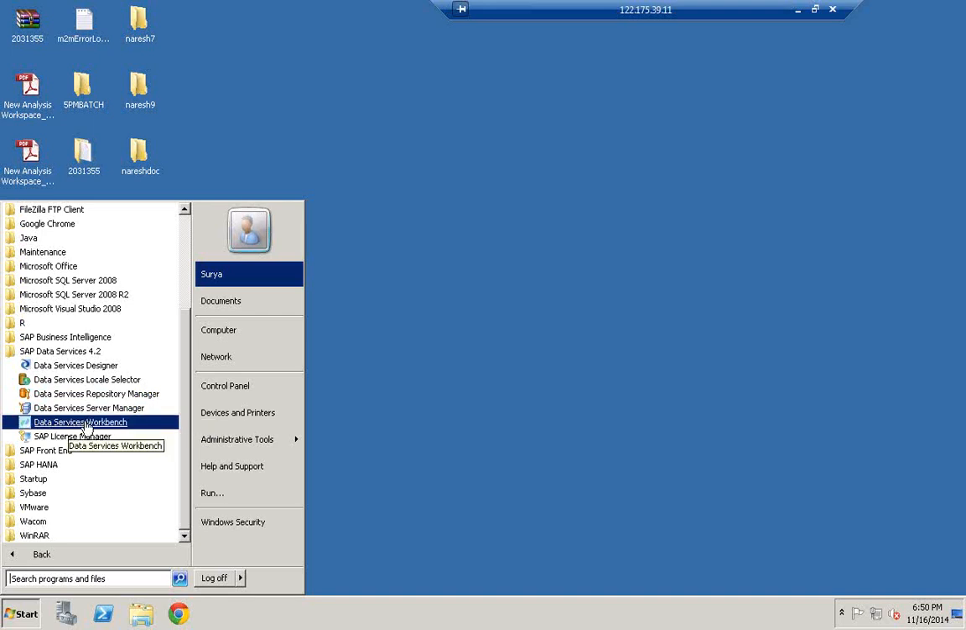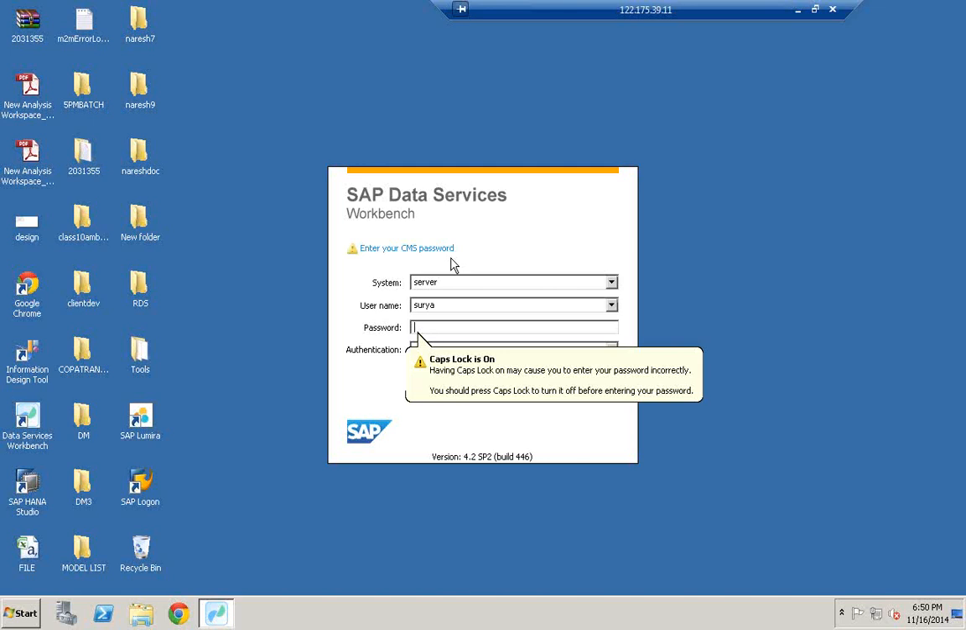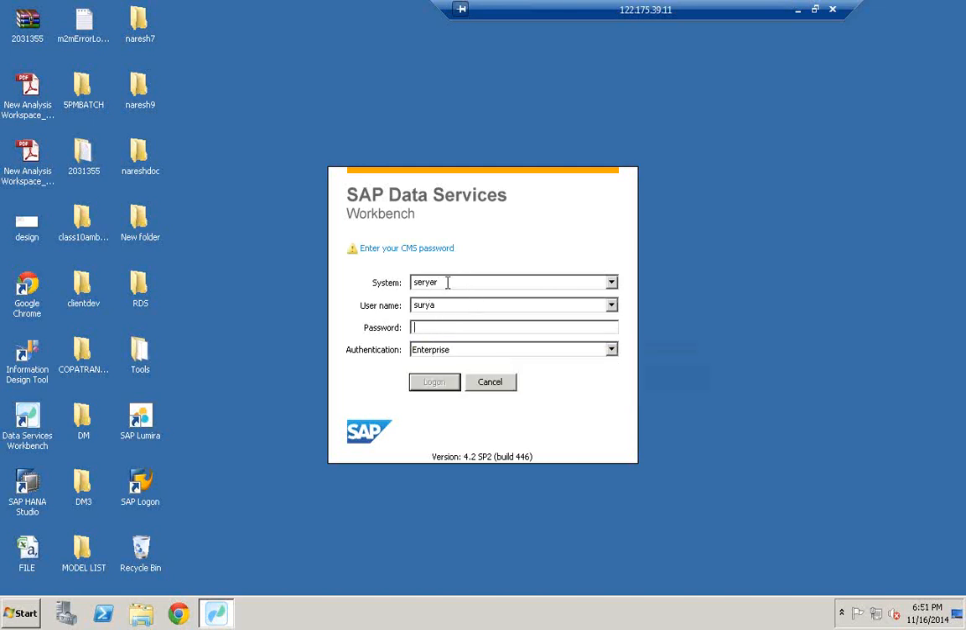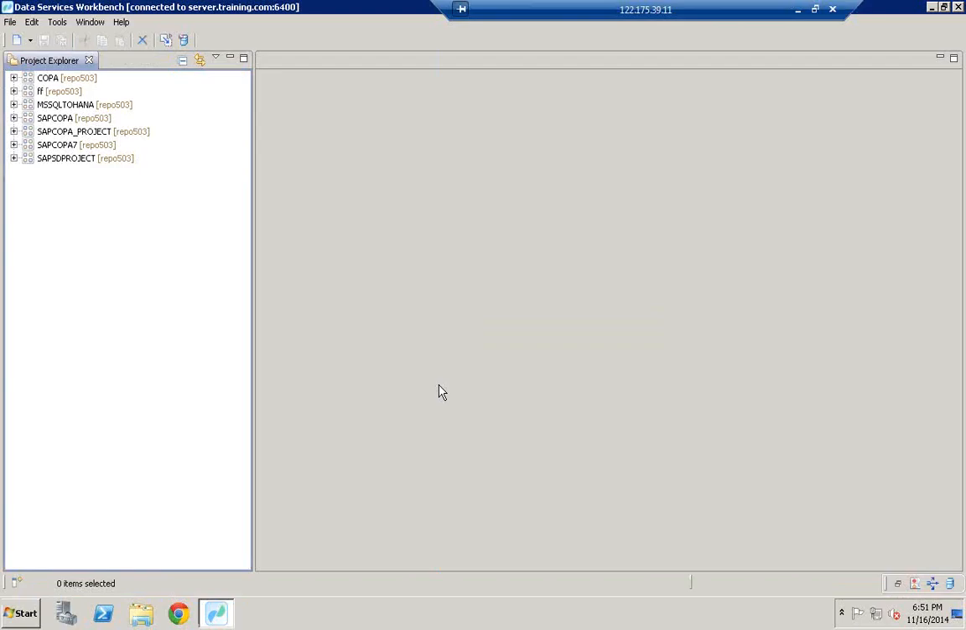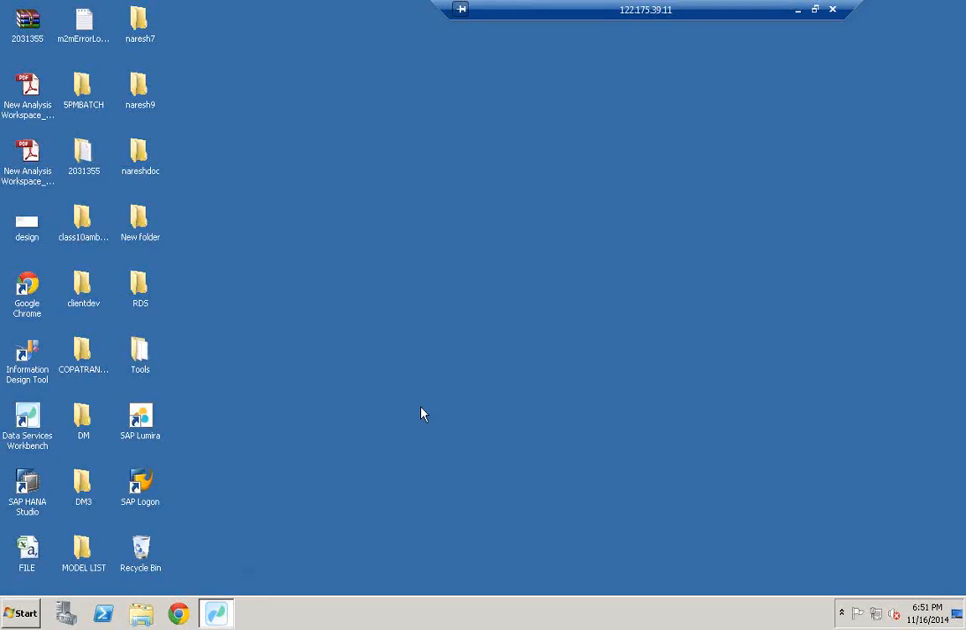So you have Data Services Workbench, the system is server, username Surya. We all share the same username and password. The password is capital S-U-R-Y-A 1234, and click log on. The first step, as a developer, is